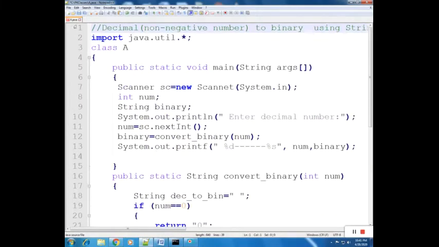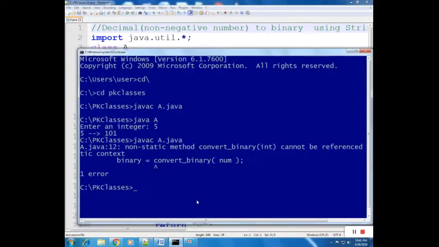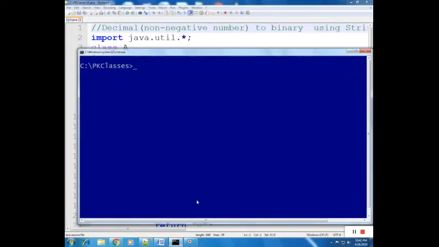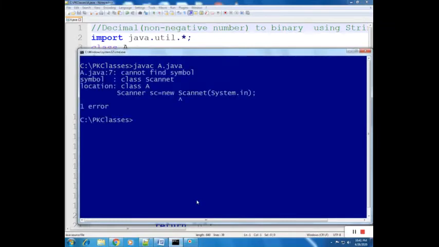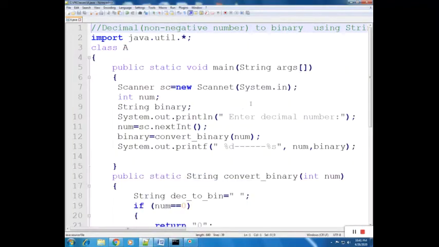Now we will save this file, compile. There is one spelling mistake, scanner.